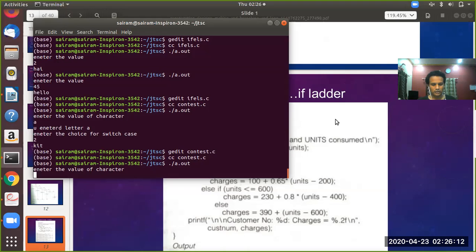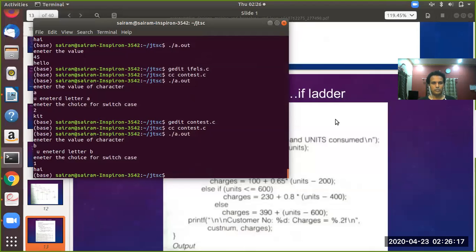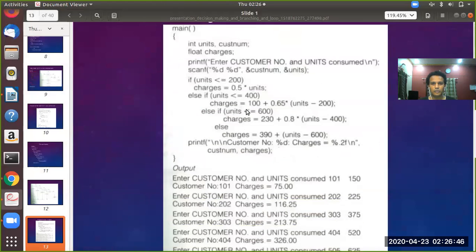I will enter letter B. It is showing you entered letter B. Yeah, so that is all about the if else statement. So we'll close this editor and terminal. Then let us see what is there here.